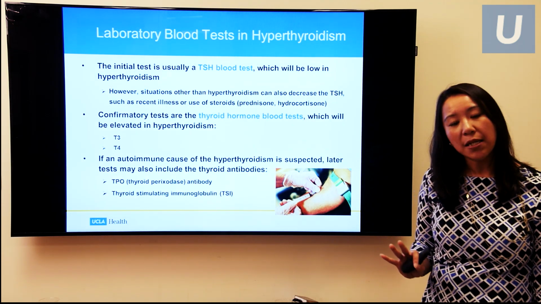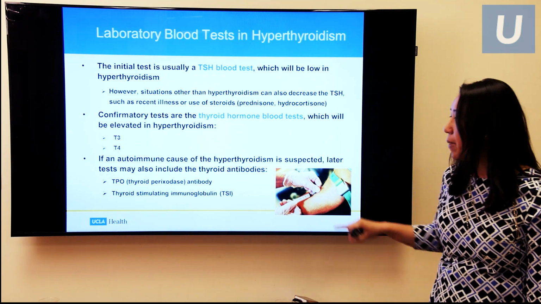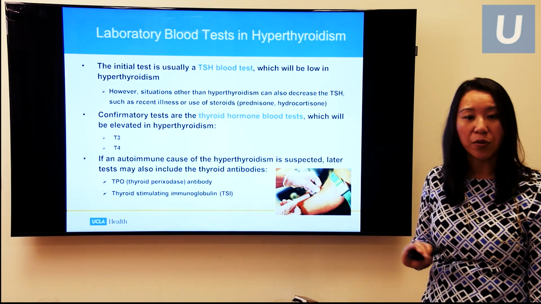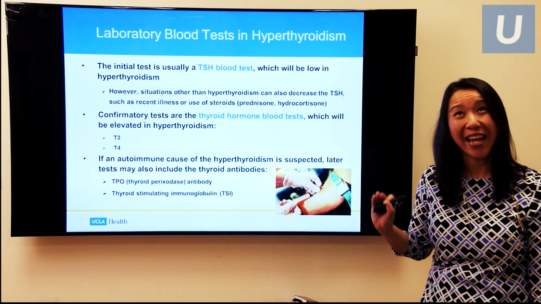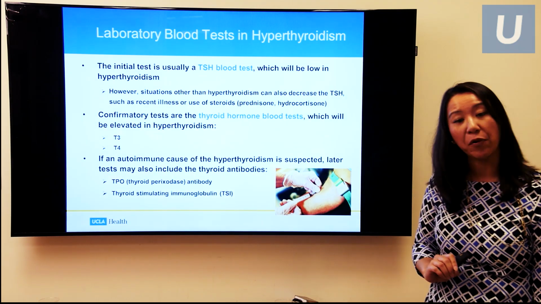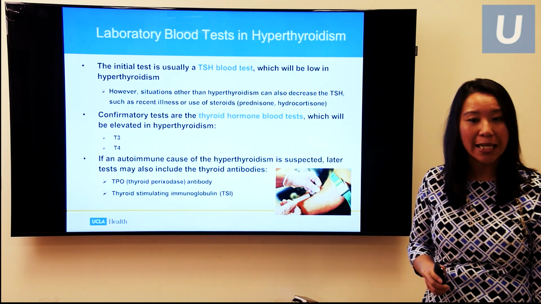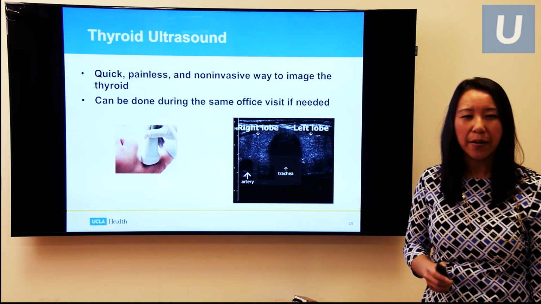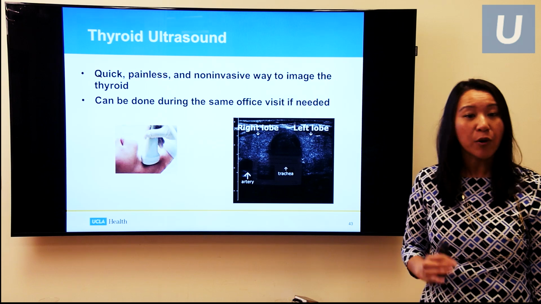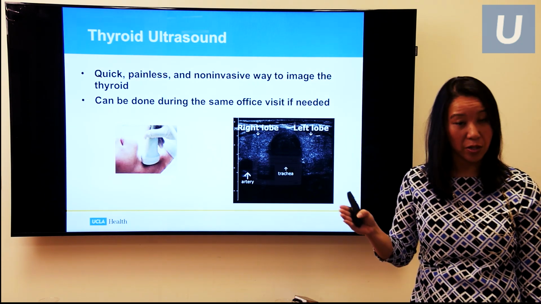And then if we're suspecting an autoimmune form of hyperthyroidism like Graves', we might actually check and measure those thyroid antibodies in the bloodstream. And those can include TPO, or thyroid peroxidase antibody, and thyroid stimulating immunoglobulin, or TSI. Now for imaging, the first and easiest sort of imaging that we can do, and usually right at the office